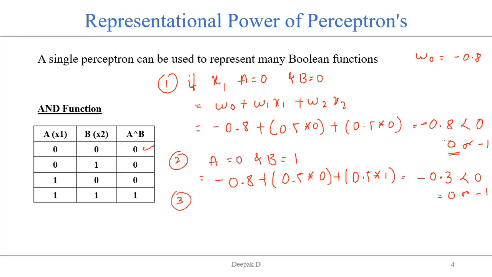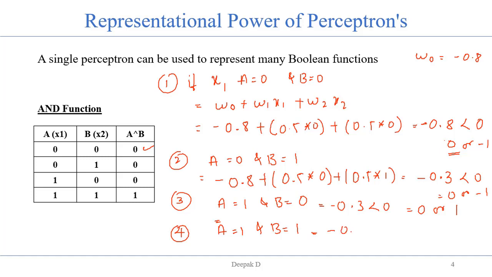Similarly, for the third one, a equals 1 and b equals 0. So we receive the same value, that is minus 0.3, which is less than 0. The output is either 0 or 1. But for the fourth condition, a equals 1 and b equals 1, and when we compute the